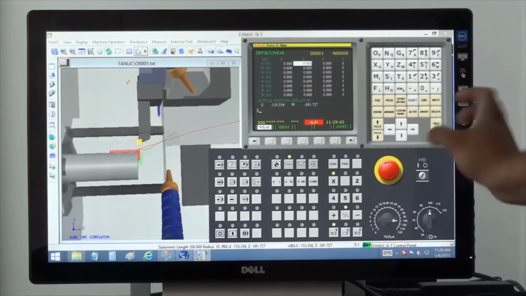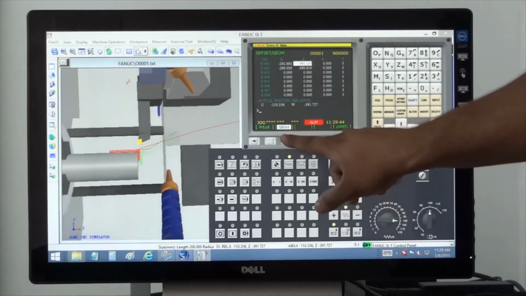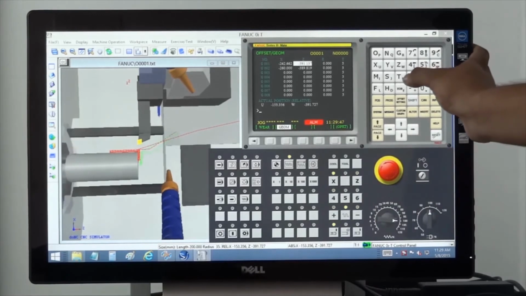In the offset setting page, enter the position of the tool as the Z0 position.